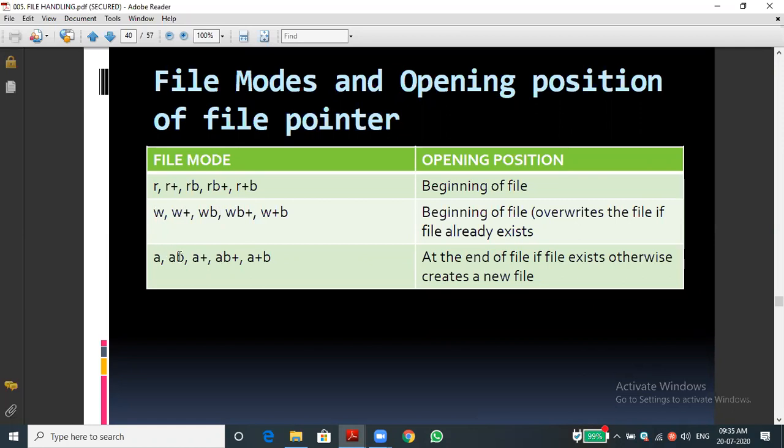Then a mode is append mode. ab means we are opening the file in binary mode. So far we didn't talk about the binary file. I only taught the text file, the txt file. It's not by the extension. Generally we discuss only the text file. From the next class onwards we are going to see the binary files. Then finally one more file is there, that is the CSV file. Once these 3 file operations are completed, that's all, the chapter will be over.